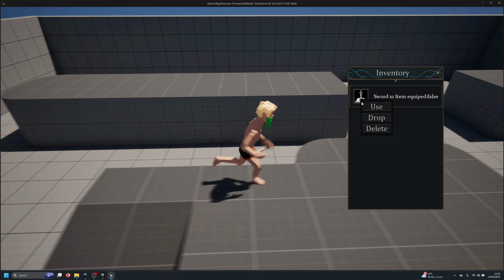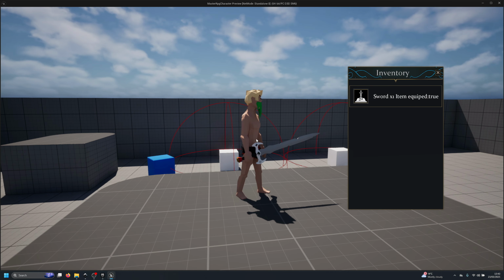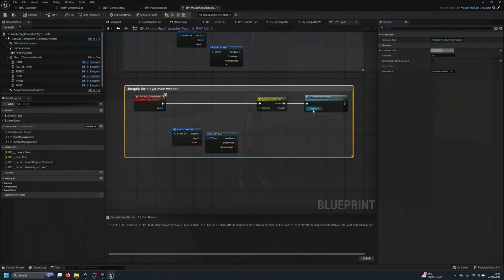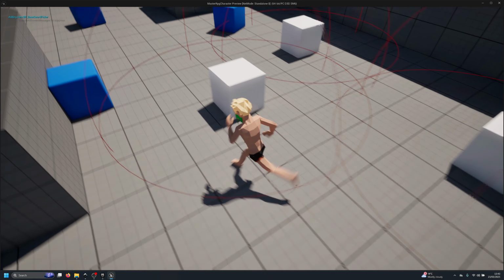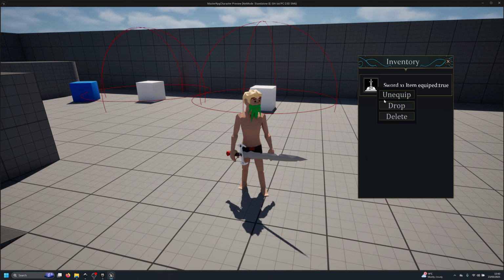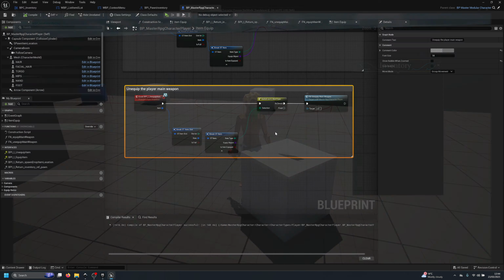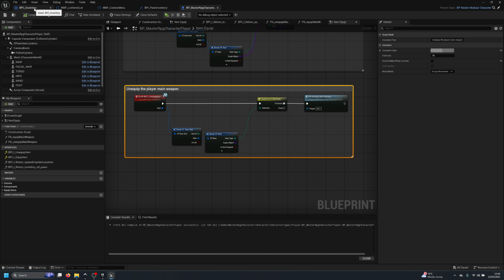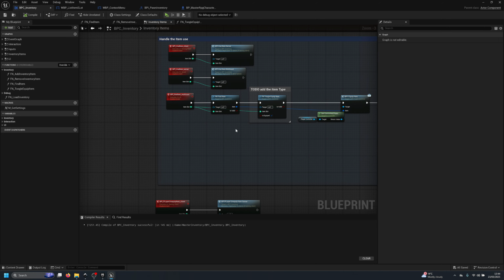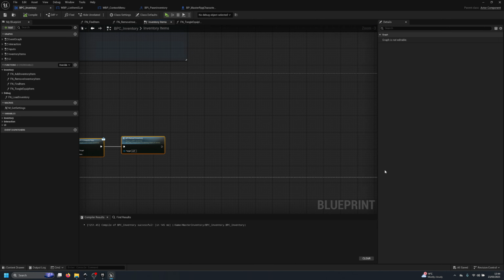You know, the inventory is working. Of course, we have bits to finish, but look at this, guys. We can drop the item, we can delete the item, and if I go back here, we can use the item. Now there is an issue that when I drop or delete the item, I need to unequip the item. So what I'm going to do here is go to where we handle the item usage, and we're going to basically call here